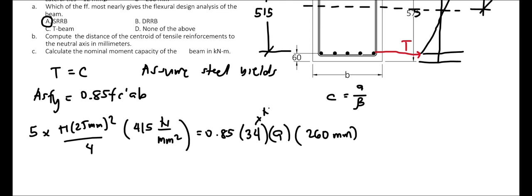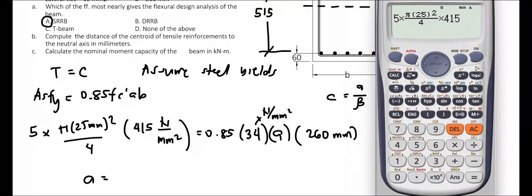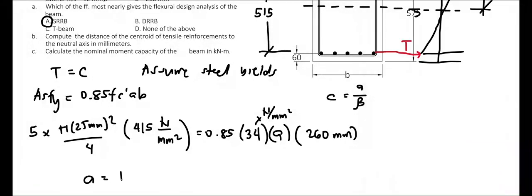This one is in units of Newton per millimeter squared. Solving for a, we get a equal to 135.56